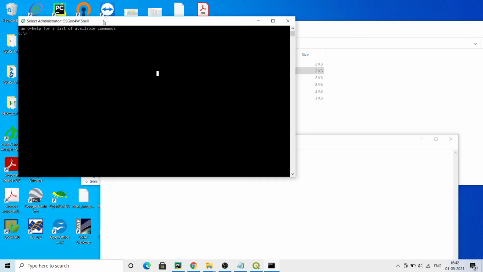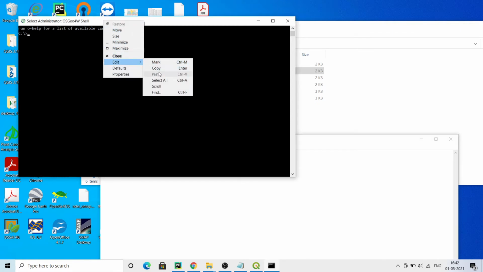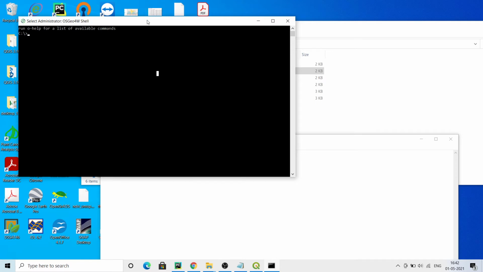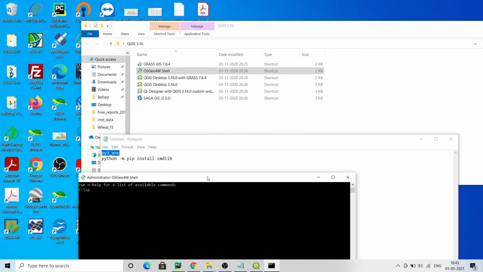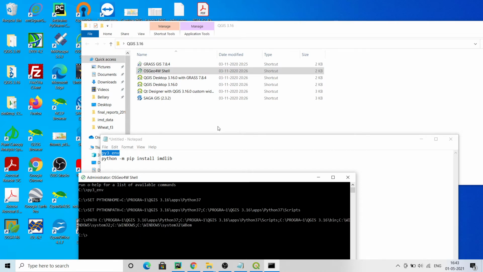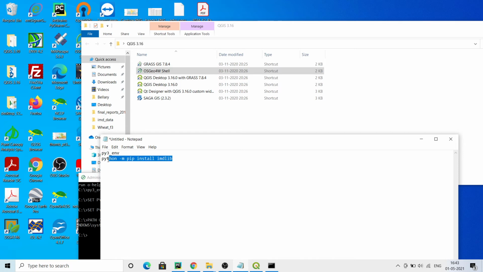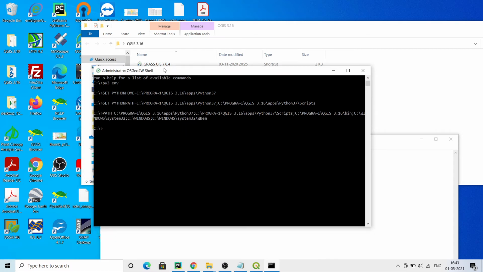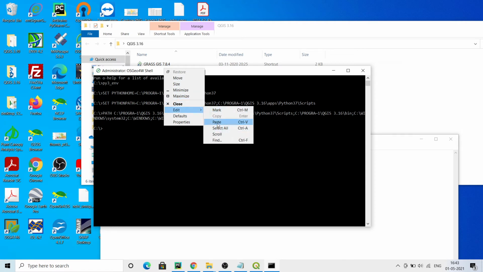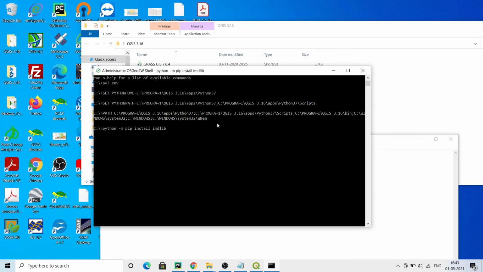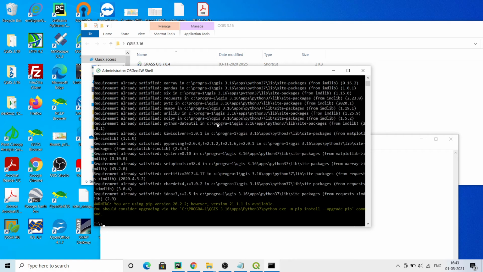So here, I'll type it, no problem. py3. It already exists, so I have already installed it, otherwise it will install all the dependent libraries and IMDlib also.